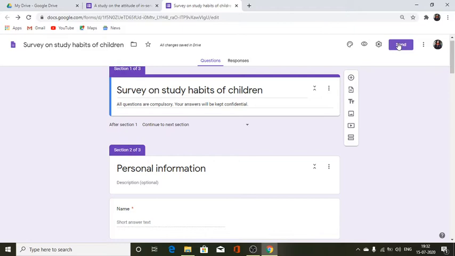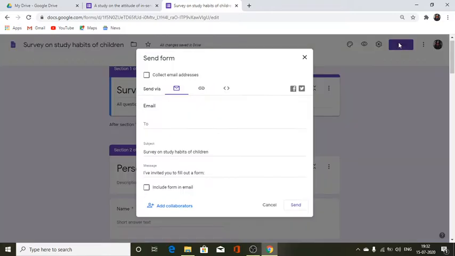This is how you are going to distribute or circulate your questionnaire. Once you click on the send option, there are two options. One is the email option, where you can individually type the email addresses and send it to your respondents accordingly.